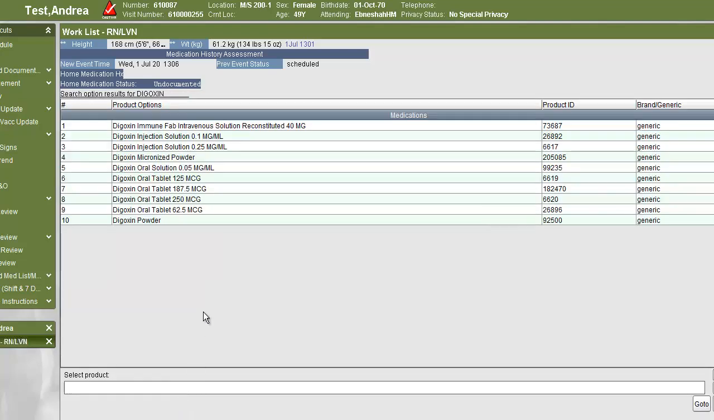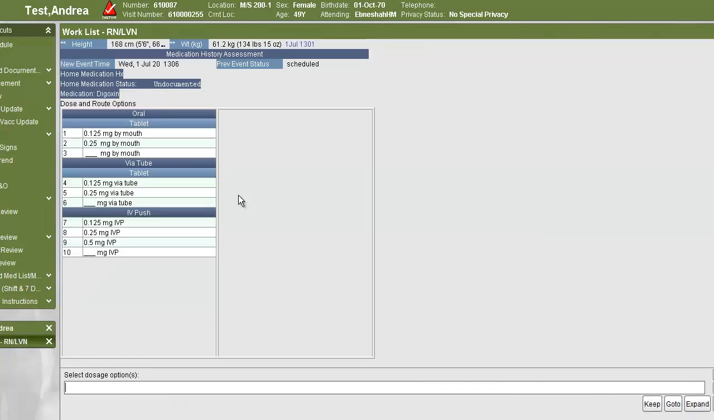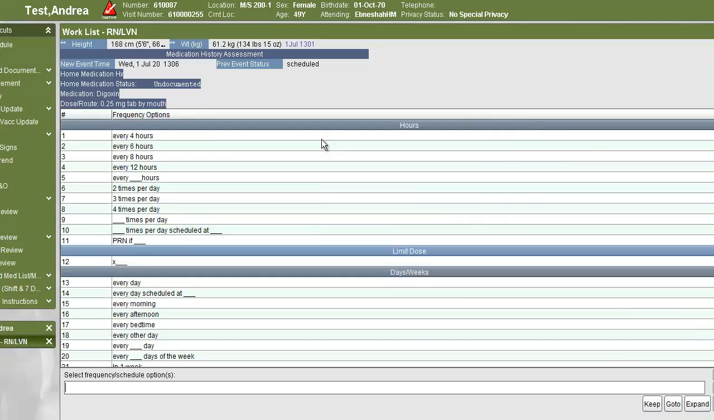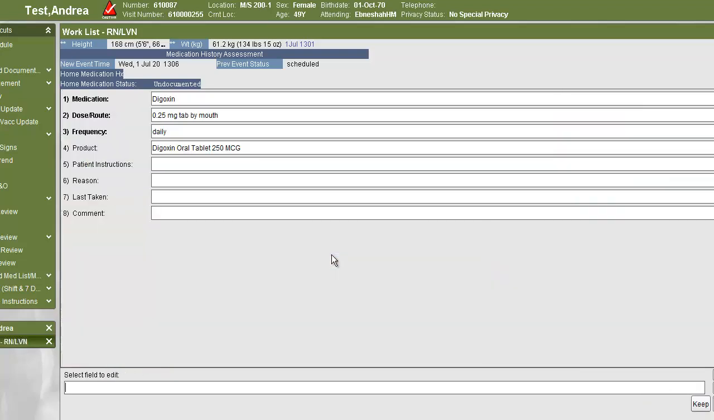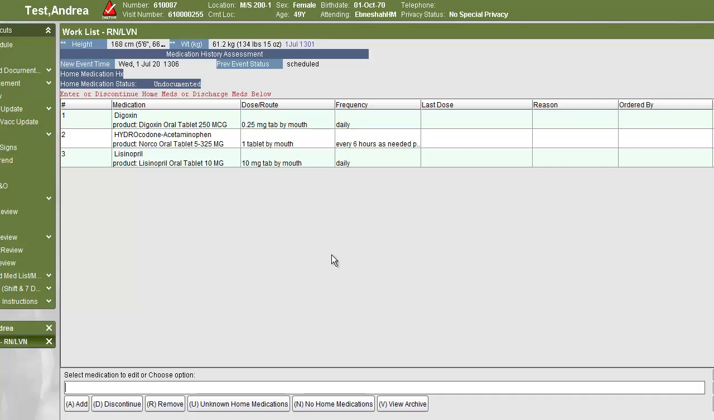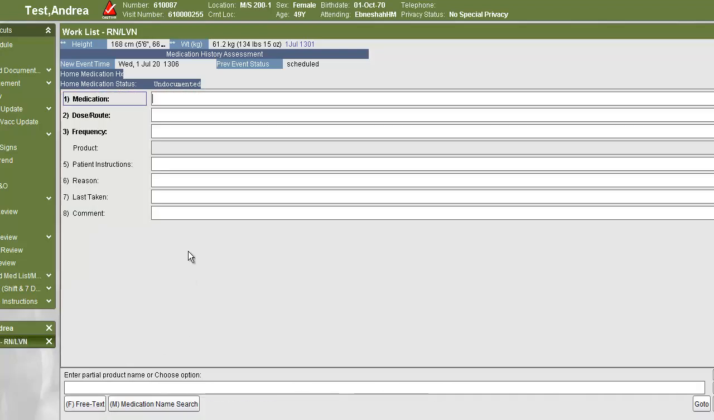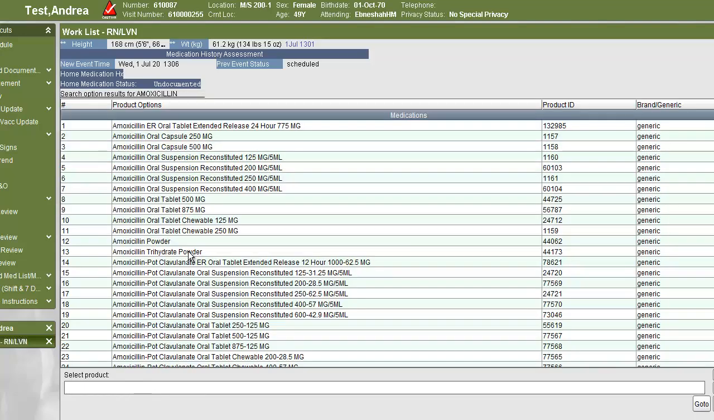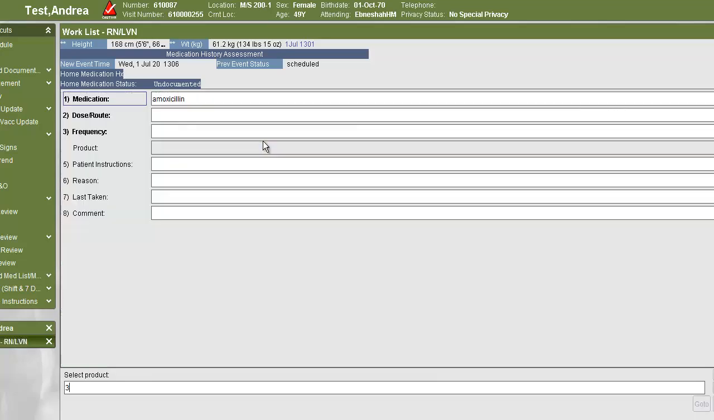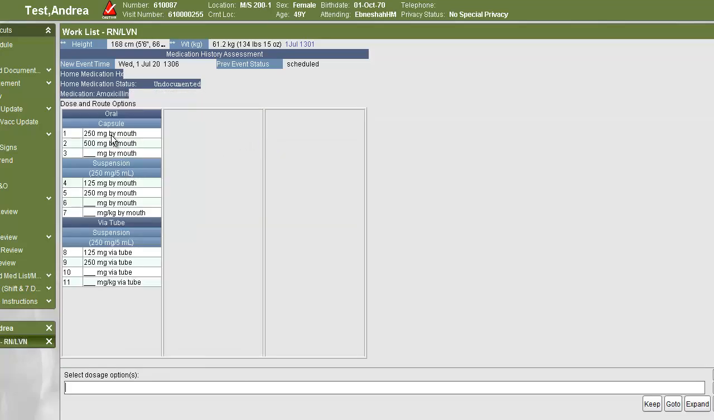some digoxin, and again it's going to ask for what form and dose this is being given, and again how much the dose is each time they're taking it, and how often they are taking it. If this is a medication that they are taking for a specific period of time, you can enter that amount of time